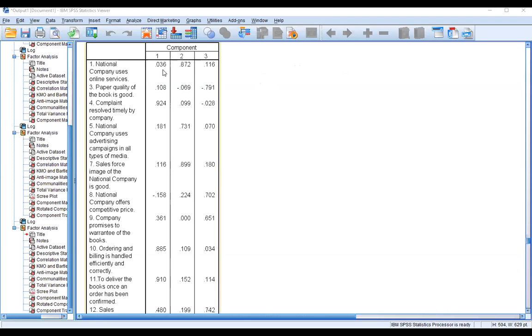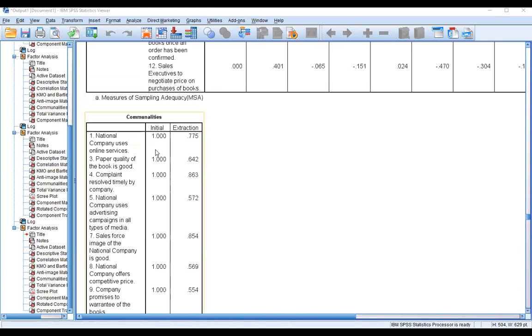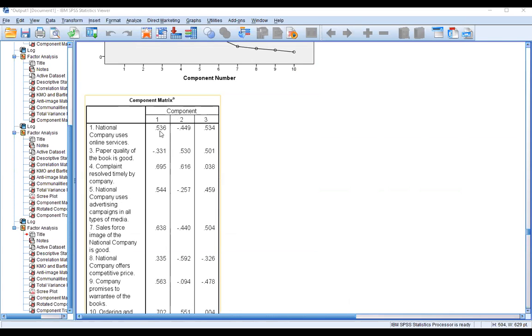अगर आप खुद घर पे कैलकुलेट करेंगे, जैसे ये वाली जो वैल्यू है 0.03 स्क्वायर प्लस 0.872 स्क्वायर प्लस 0.116 स्क्वायर। ये जो वैल्यू आपके पास आई है कम्युनिटीज की, दिस इज कम्युनिटीज 0.775। तो ये 0.775 कैसे आया है, ये आपका आया है इस वाली टेबल से, जब आप 0.536 को स्क्वायर करेंगे प्लस 0.449 को 0.5344। Yes, importance of communities,